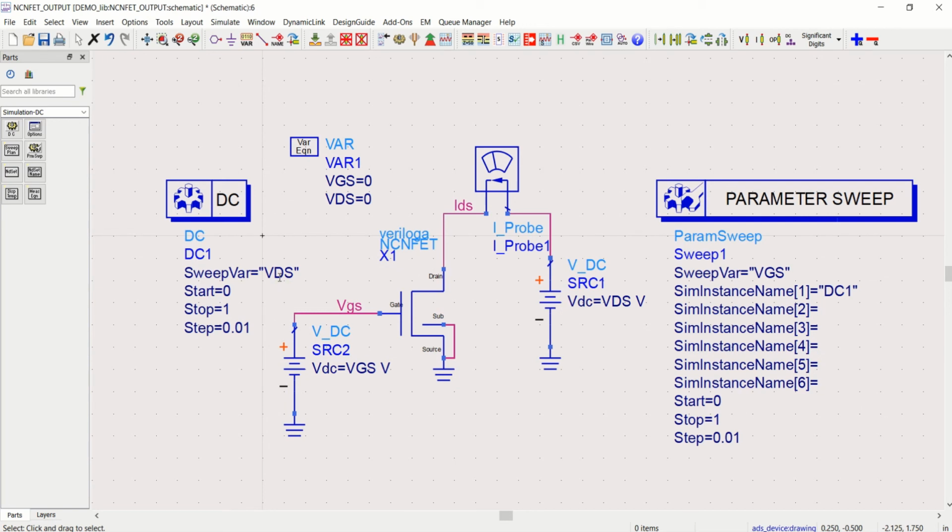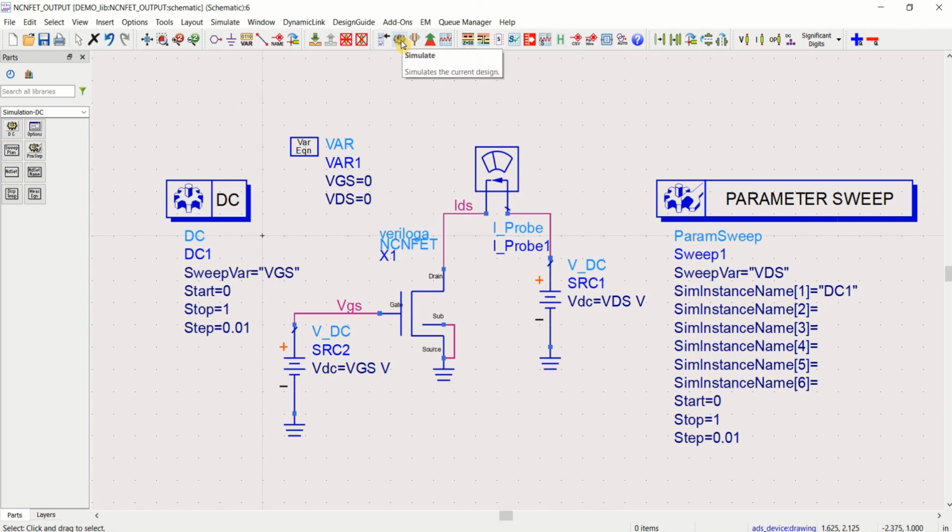You have to change only the values which are to be swept, that is VGS, and this value with the VDS. Change only these two parameters. The remaining parameters remain the same.